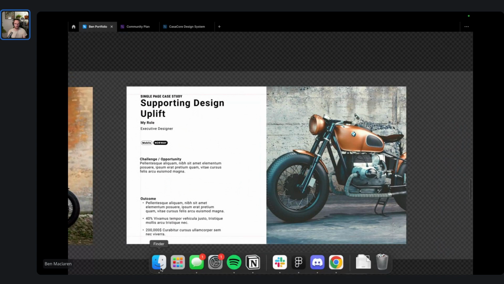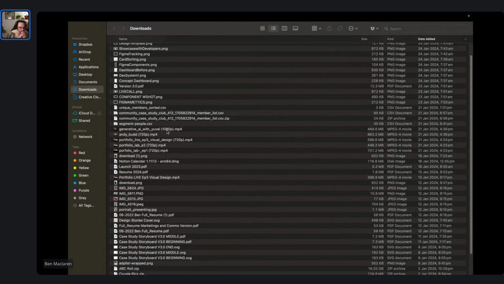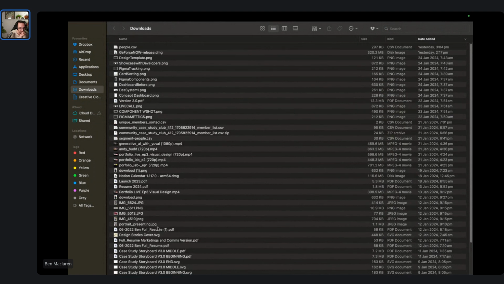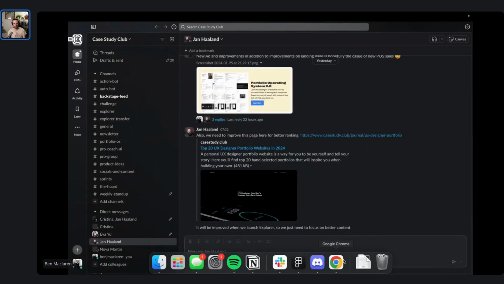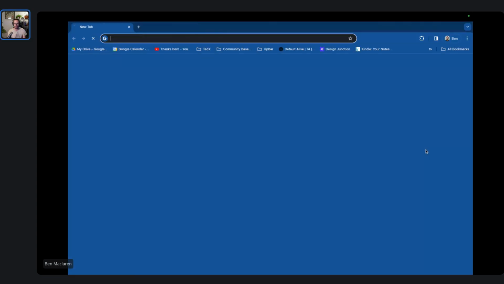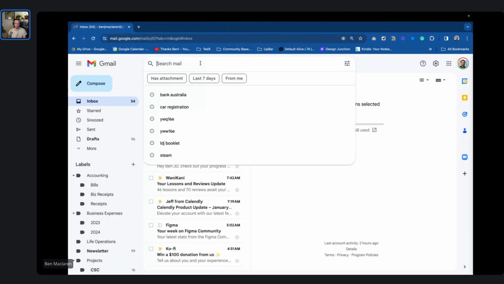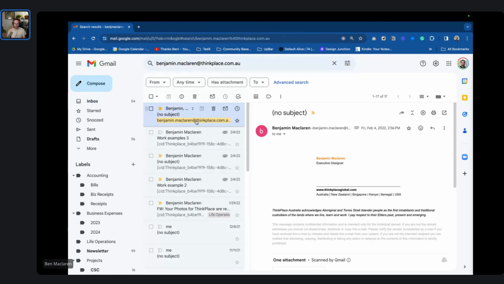Let's just get a good picture in here. It's going to help me just not keep thinking I'm doing motorbike stuff. So I have some work somewhere that will work with this. So let's just grab a good picture. I like pictures first because pictures portray the core messages that I want to do. Let's jump over to ye old email and grab some emails that I sent to myself ages ago. Benjamin at ThinkPlace. I also did some side projects. I was paid briefly as a podcast editor for this. That was weird, but